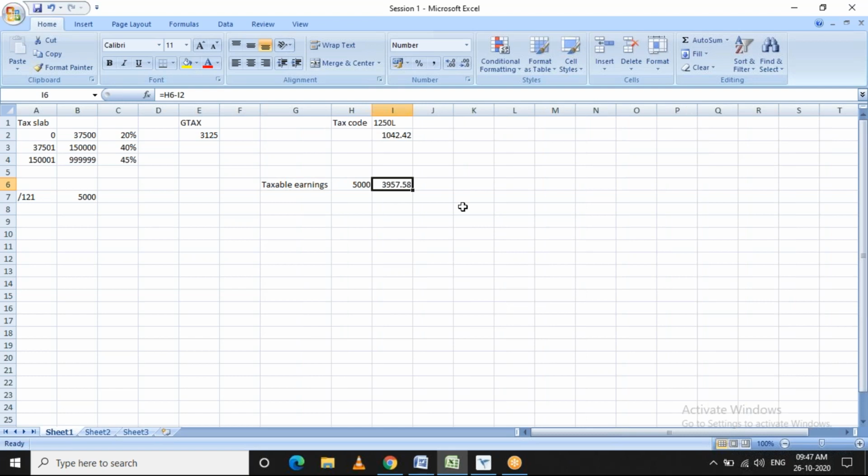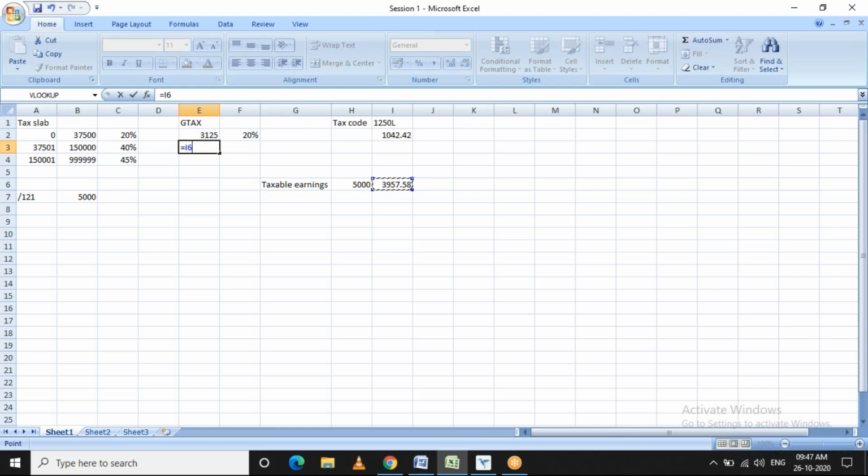Out of this 3,957, first we calculate 3,125 at 20%, and the rest is calculated at 40%.